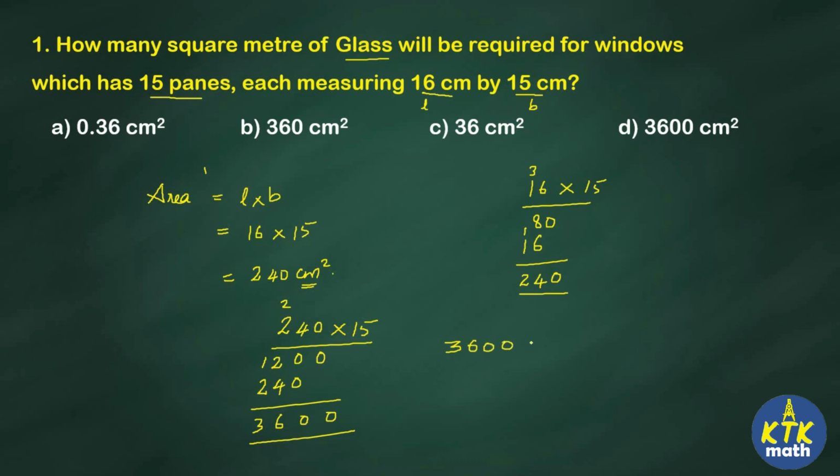So your answer is 3600 centimeter square. Now look at the options carefully. To confuse you, they gave everything in terms of 3 and 6 with different units. Here they gave 0.36, here 360, here 36, here 3600. So to confuse you, they will give this kind of options only. So you must be very careful in multiplications. So your answer for the first question is option D,